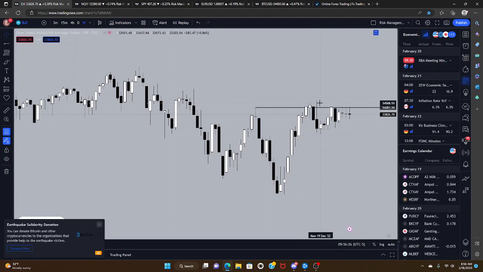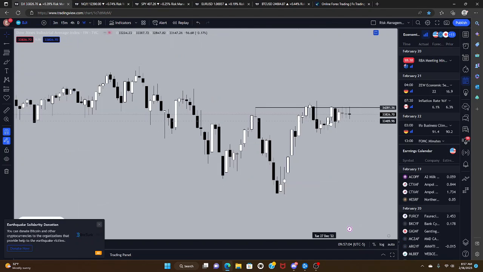So, ultimately, tying back into what I was talking about on Bitcoin before, the longer time price spends in a consolidation, the more aggressive and expansive the expansion of volatility will be following it. With that in mind, the way I would be looking at it is, whichever way this consolidation breaks in Dow Jones is probably going to be important for SPY and NASDAQ, because we have established that it's a leader.